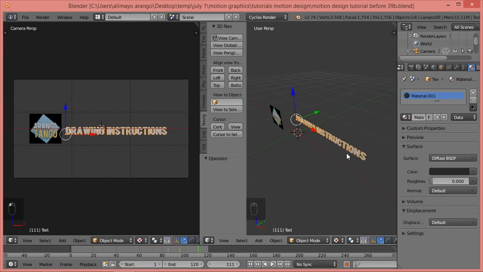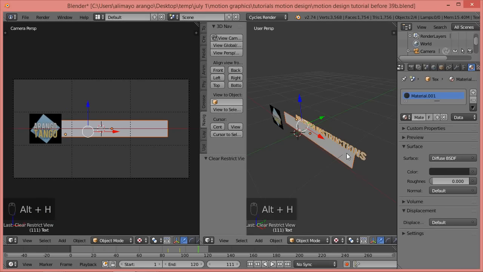Now we're going to press Alt H, and remember where your mouse is determines which shortcut keys will work. So you want to press Alt H while your mouse is over the 3D viewport. We're going to go back to frame 85,